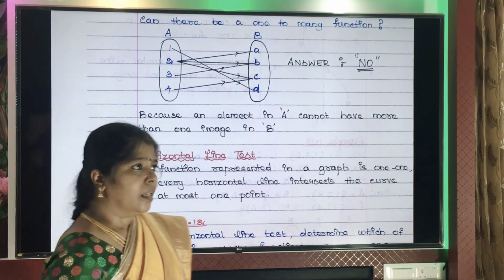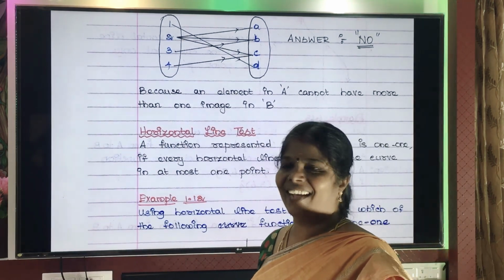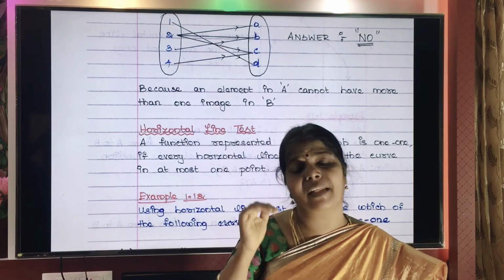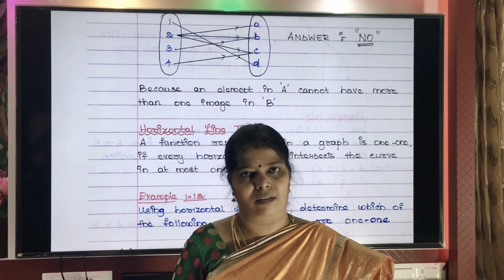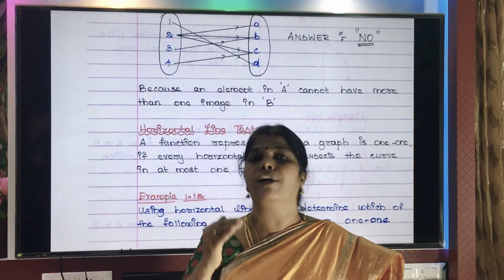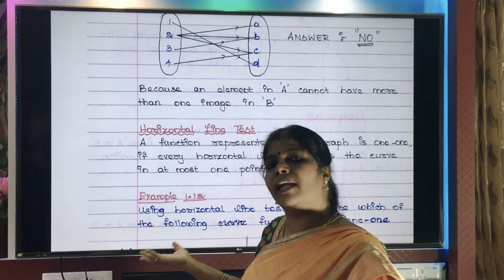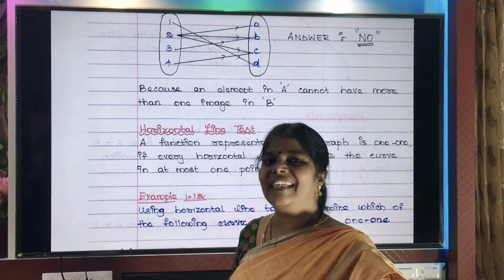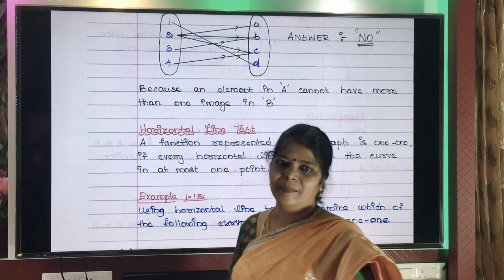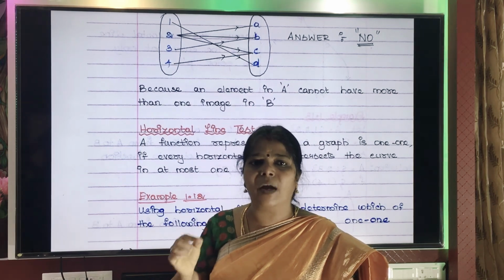Okay. We have seen the vertical line test. There is something called the horizontal line test. The vertical line test helps us to check if the given curve represents a function or not. Yes or no? Yes. So why do we need the horizontal line test? We need this to check whether the given function is a one-to-one function.